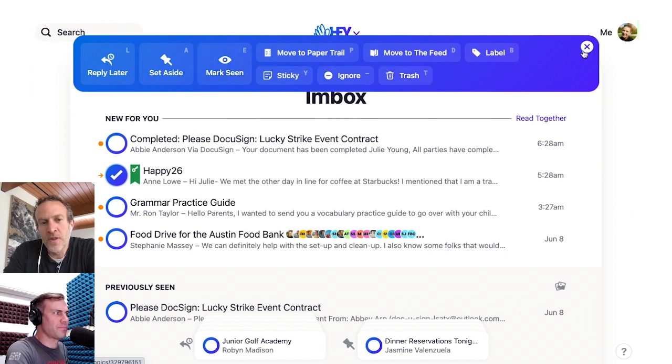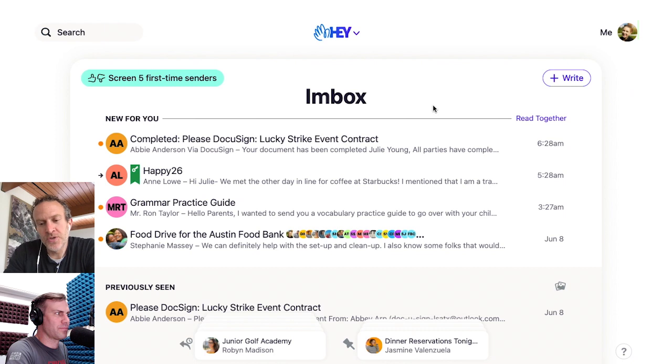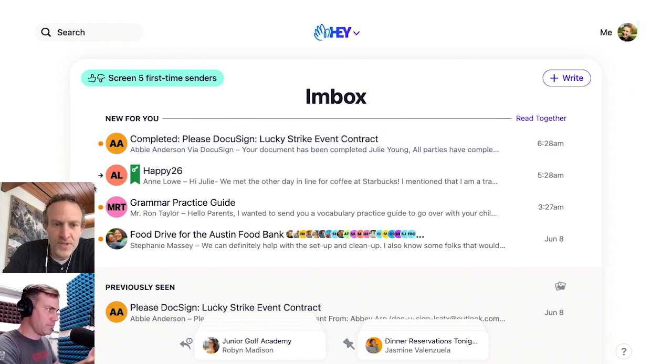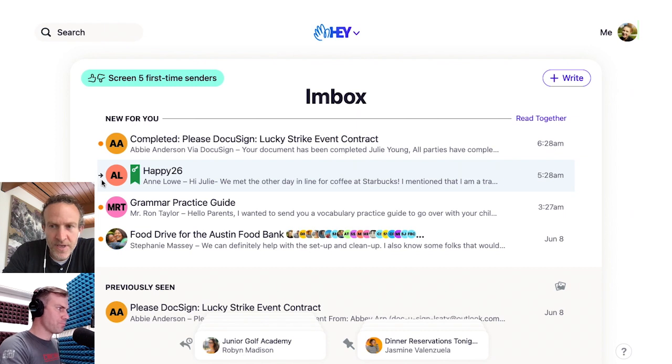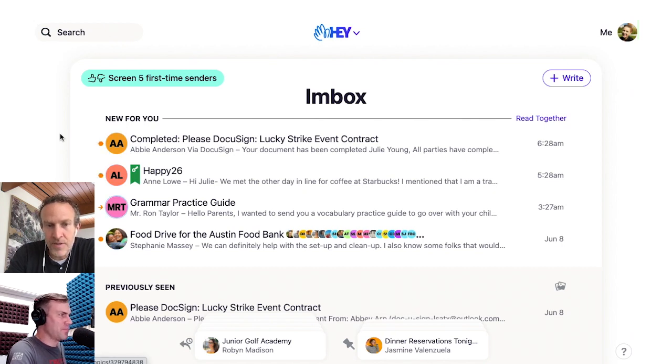And the other thing you can do, by the way, is not just use the keyboard to get around to other screens, but you can actually use the keyboard to scroll and select things. So you'll see here, there's a little arrow next to that email. If I use my arrow keys on my keyboard and go up, you'll see the arrow moves up, and if I go down, it moves down, right? It's selecting the row. So I can just go down 3 times, be on this row, and I can just hit return on my keyboard, and it's going to open up that email.